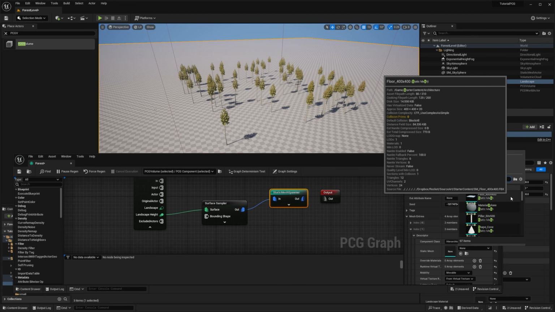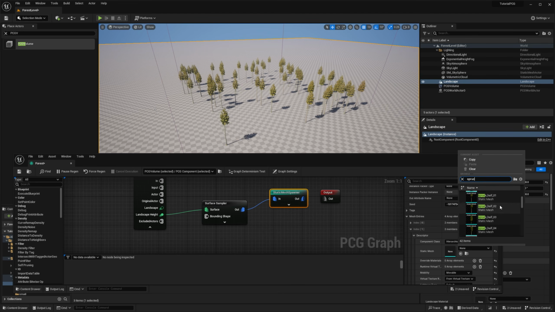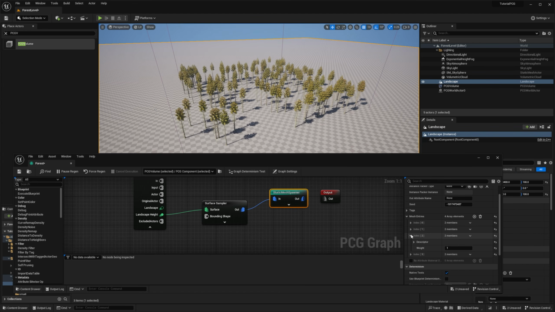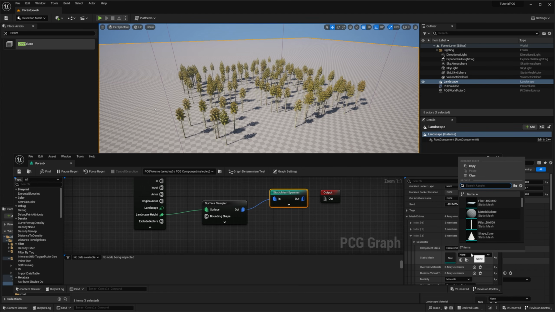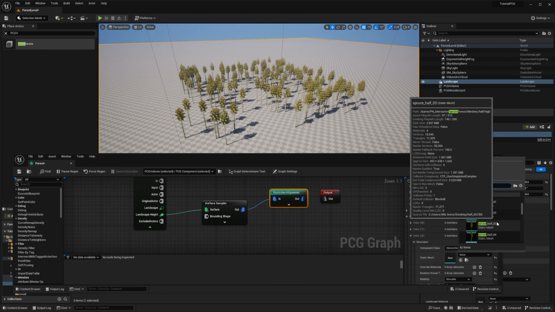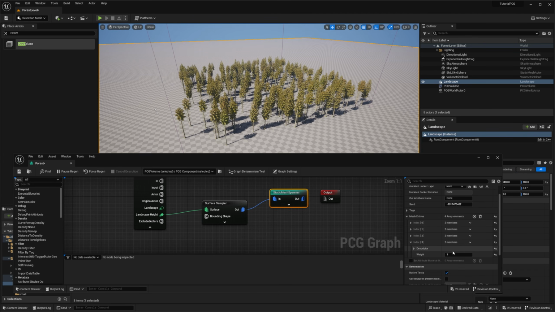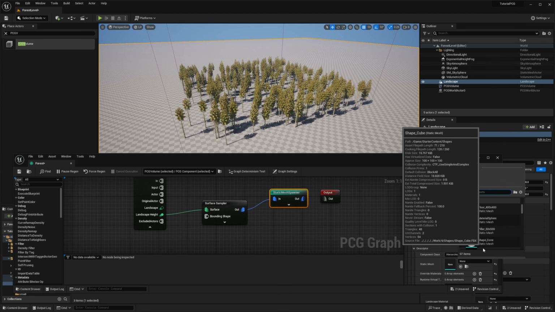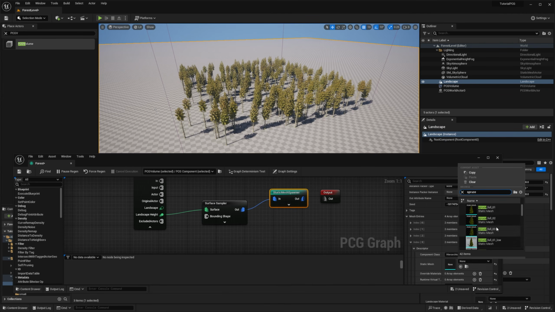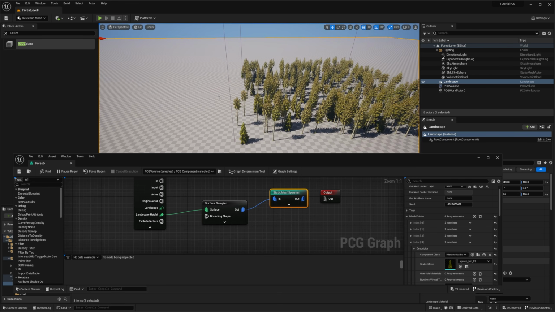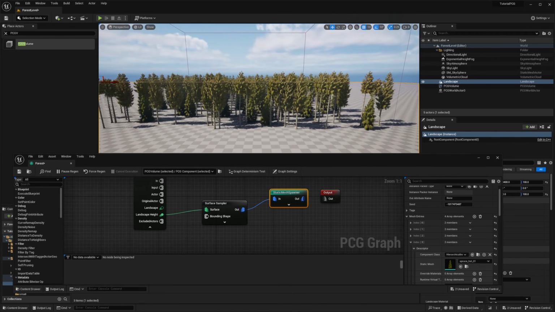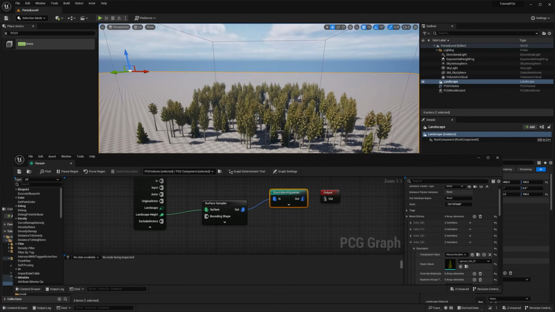So if I just take this one, and this one, and this one, and yeah, now I have 4 different trees.